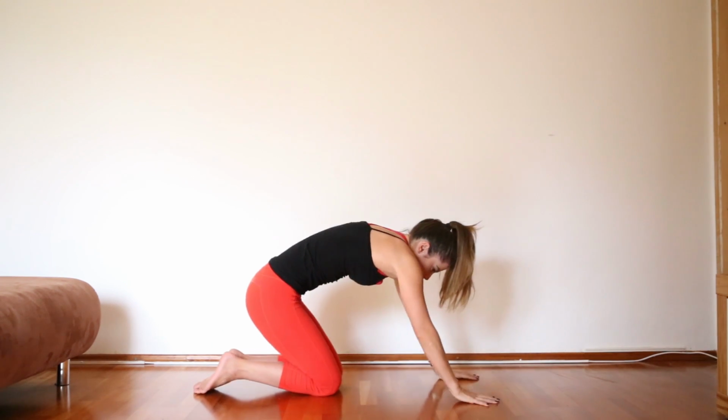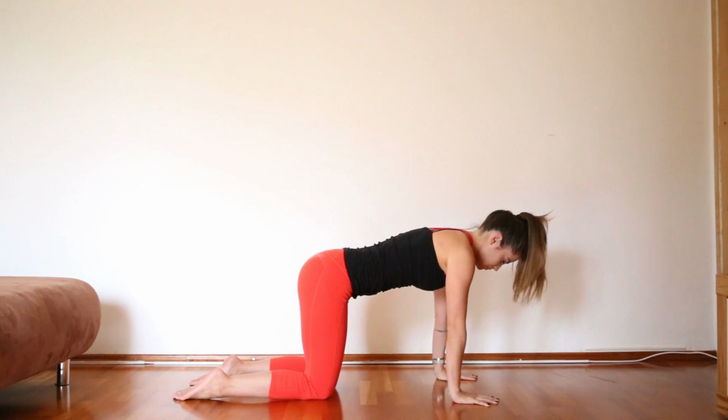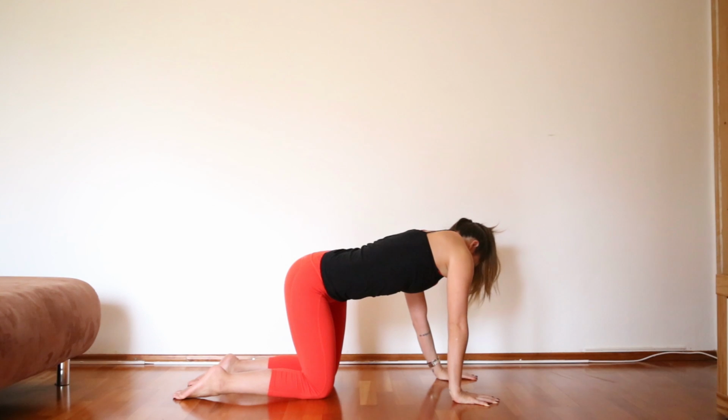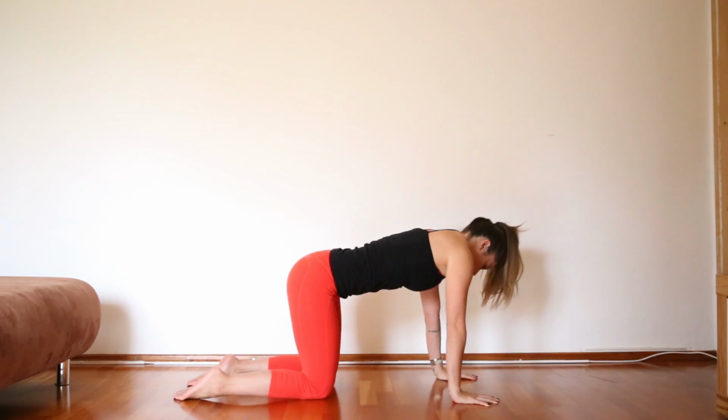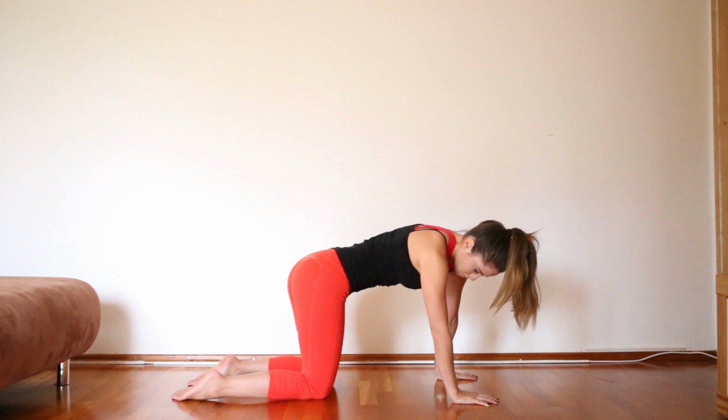On your next inhale, round forward onto all fours. Bring the knees underneath the hips, knees are hip distance, hands are shoulder distance. Then we'll take the elbow and the left hip to meet. So if you're looking at your body from the top, it's like your spine is making the letter C and